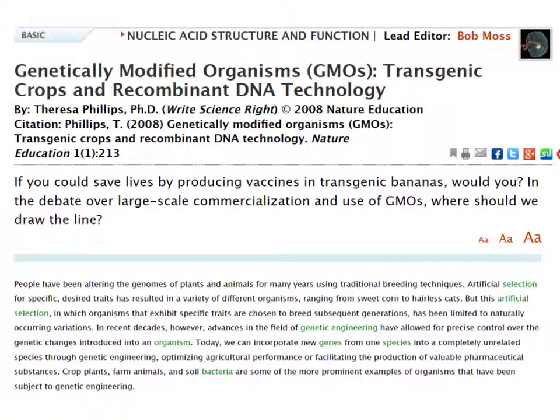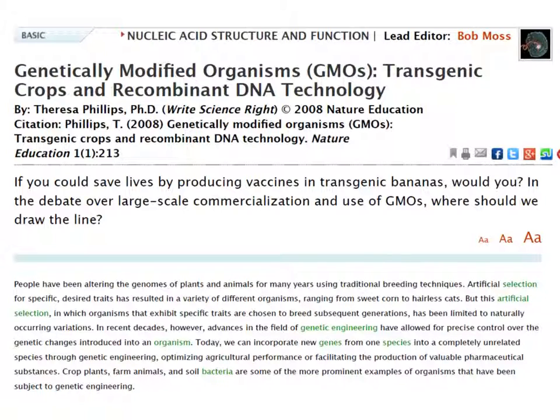Today, we can incorporate new genes from one species into completely unrelated species through genetic engineering, optimizing agricultural performance, or facilitating the production of valuable pharmaceutical substances. Crop plants, farm animals, and soil bacteria are some of the more prominent examples of organisms that have been subject to genetic engineering. So to do a close read of this, students could look at what are they talking about